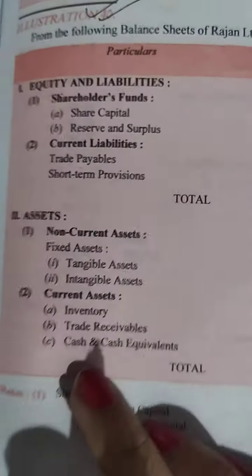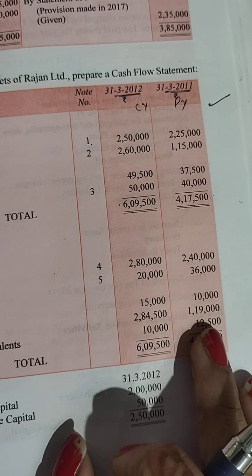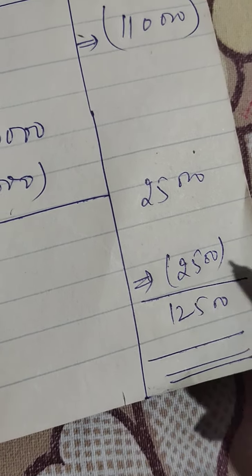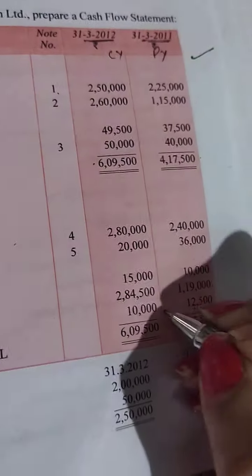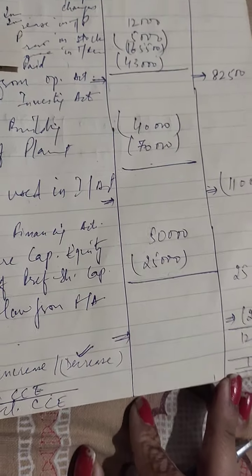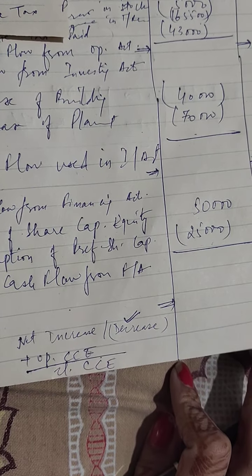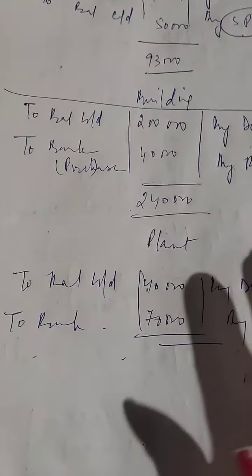Now what you need to do is refer to your CCE. Please check what the CCE amount is. The CCE amount is 12,500, right? That is the opening one. So I will add 12,500 and this is negative, so I will subtract it. I will get 10,000 as closing CCE. Do I have this 10,000 in my question? Yes, that means my answer is correct. So this way you can check that your answer is matching with the closing CCE. That means you have made everything and every double entry has been posted. If there is any mistake, this will not total.